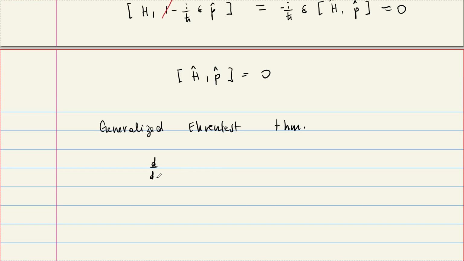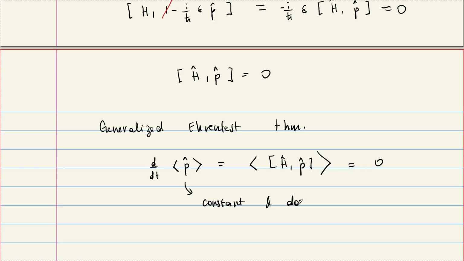So let's look at it. The d/dt of the expectation value of p, we know from the generalized Ehrenfest theorem, is proportional to the commutator of H and p. You can go check your notes. But we just found H and p commute if there is continuous translation symmetry. That means this is 0. Therefore, the expectation value of momentum is constant